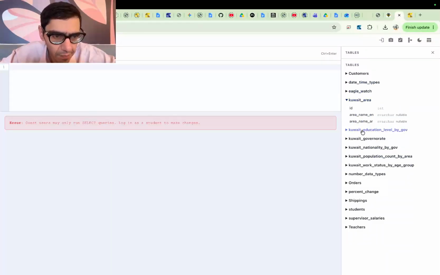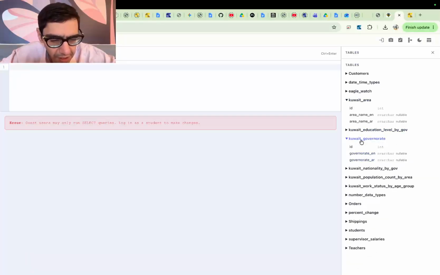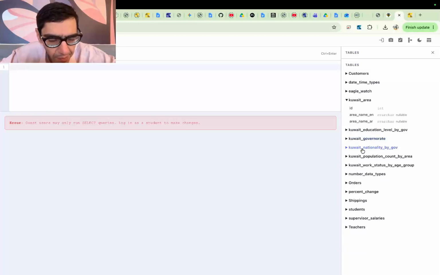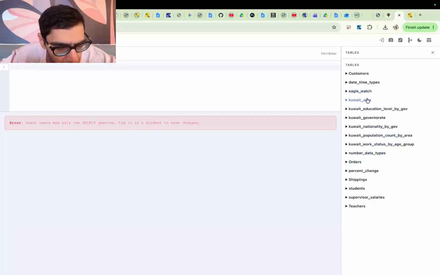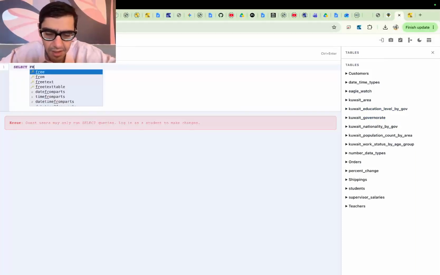So Kuwait area, Kuwait education level by Gov, Kuwait Governorate, this is the lookup table, Kuwait nationality by Gov, Kuwait population count by area, and Kuwait area, another lookup table. So two lookup tables, so they can do joins. For example, they can select star